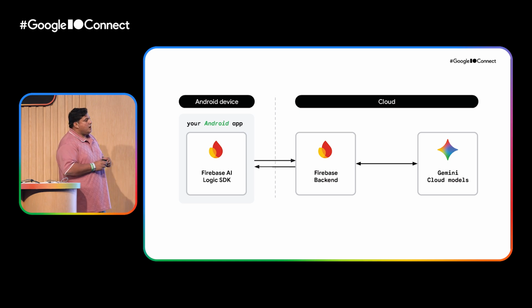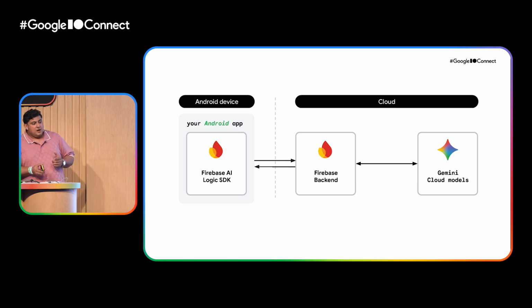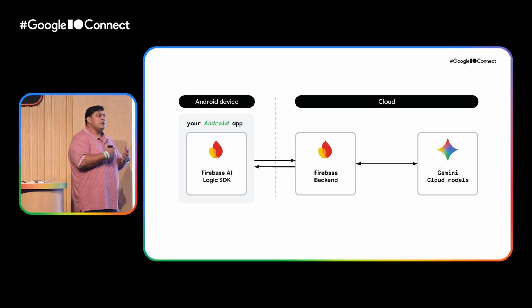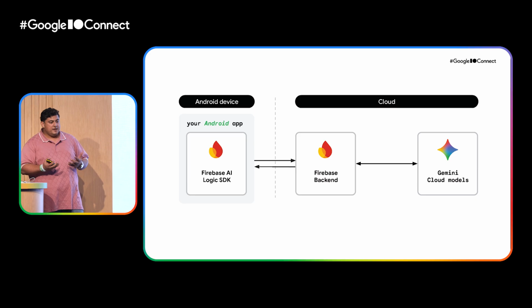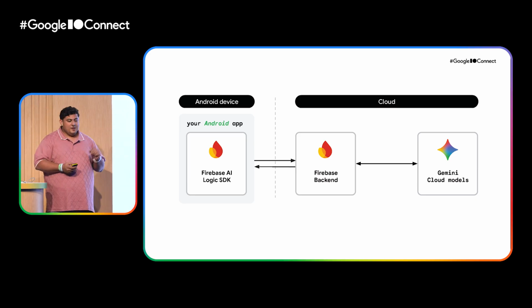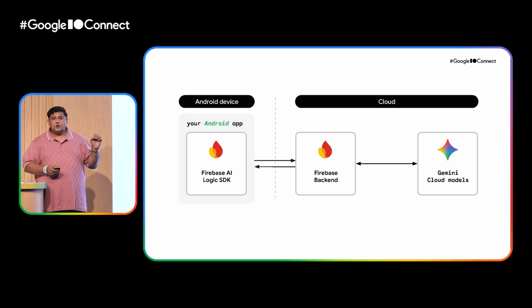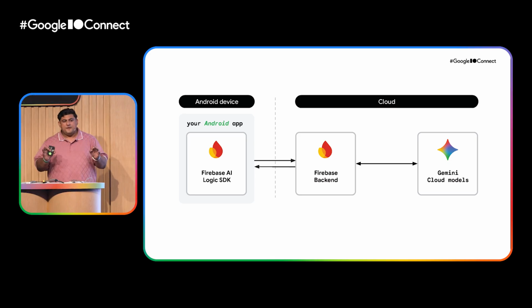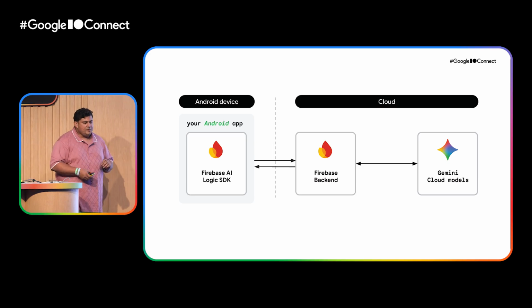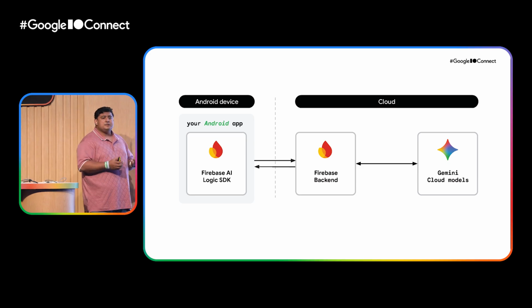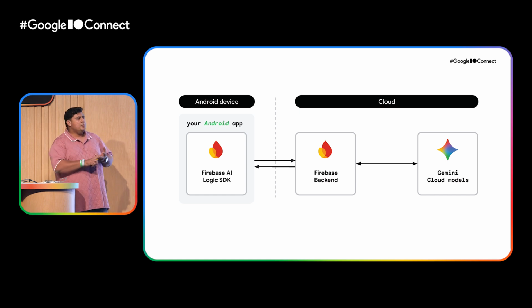Now, when it comes to building AI features, one of the most challenging times is to create and manage the infrastructure and create all the web wrappers and API wrappers around it, right? And this is where Firebase AI Logic changes the game. It allows you to integrate Gemini models into your Android apps with almost zero friction, and it's really fast. Instead of routing everything yourself, you can trigger powerful AI tasks like summarization, translation, proofreading,